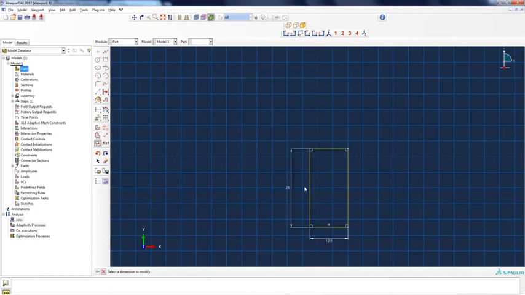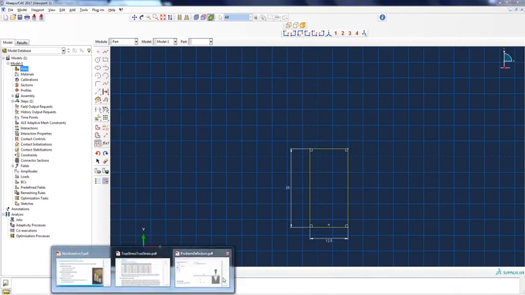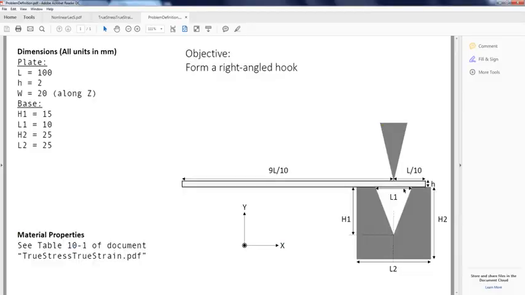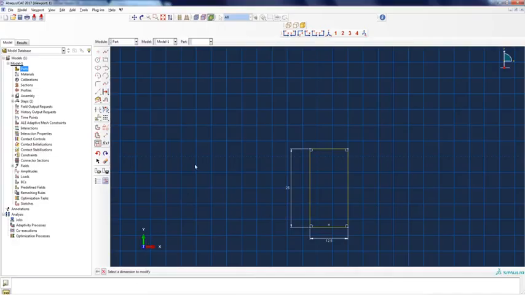Now we can create that notch. This notch, the height would be h1, which is 15. The width is half of L1, which is 5. We just create dotted lines connected. Click escape, and then we add the constraint, the dimension.